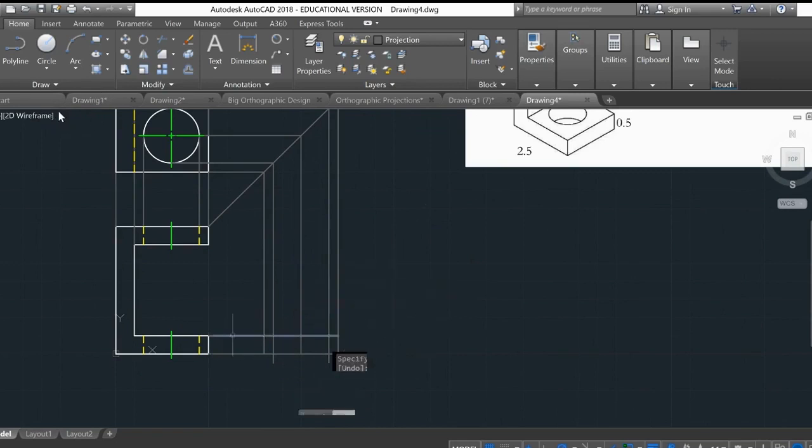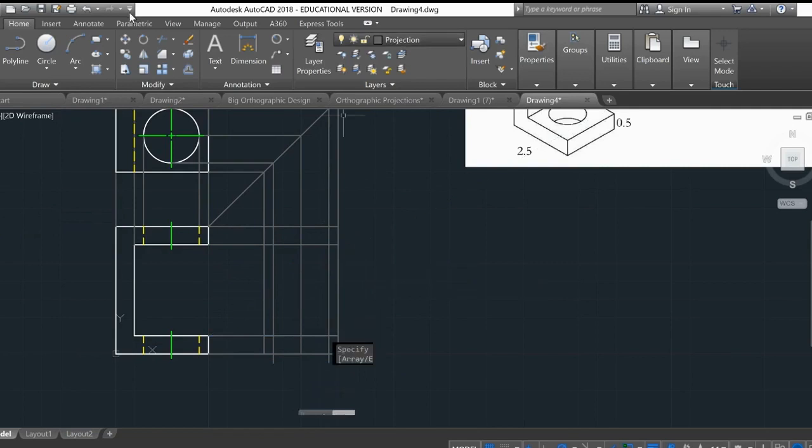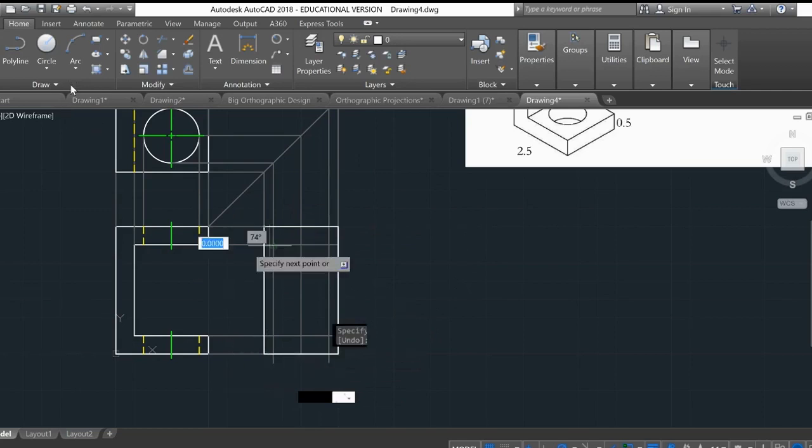And I can actually take a little shortcut here. I'm going to select one, go to copy. Click on this base point. Right. Click there. Click there. Looks good. Now I'm going to go to my object lines and just go over across some of these. There's my